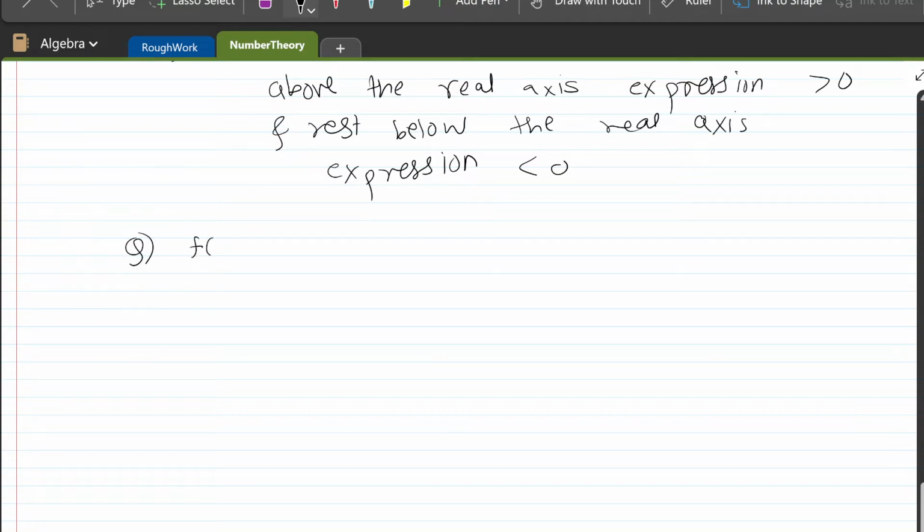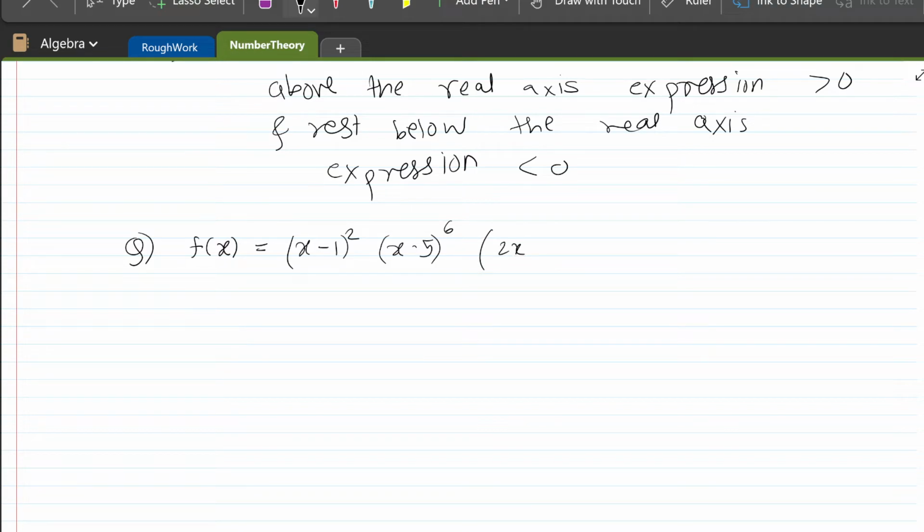Let's say f of x is an expression which is something like maybe (x minus 1) whole square, (x minus 5) whole power 6, (2x minus 7), minus (x plus 2) whole cube. Now look at this. We have been asked to solve f of x greater than 0. Okay. So now what we will do is,